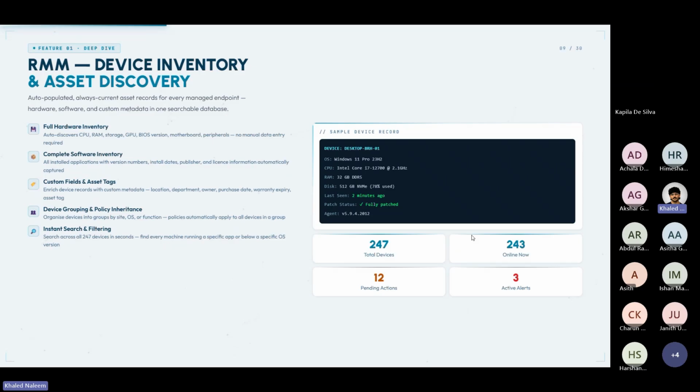Device inventory and asset discovery. Of course, once you install the agent, this is one of the most underappreciated features of NinjaOne, that is the asset inventory. And for example, the sample device that's recorded on the right shows you what NinjaOne captures automatically when